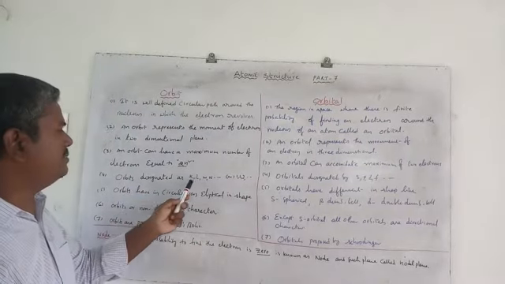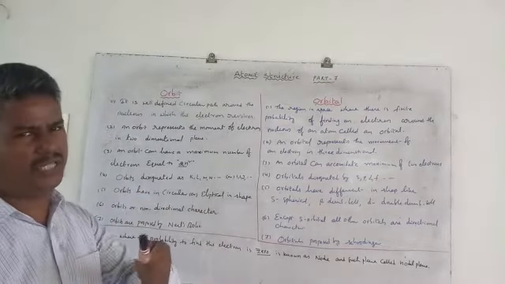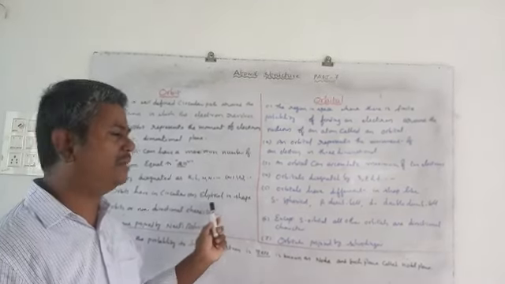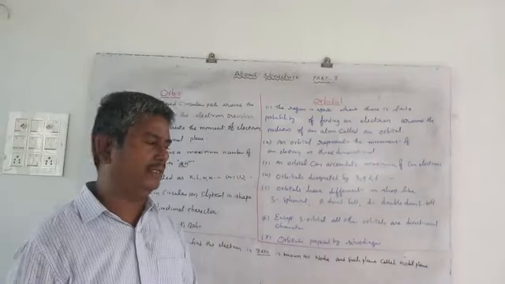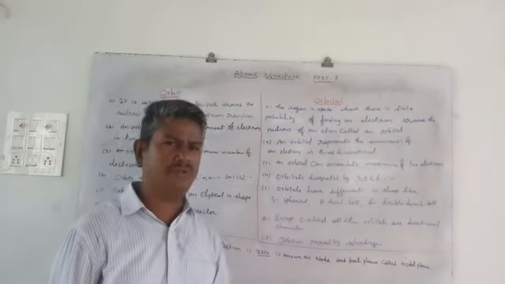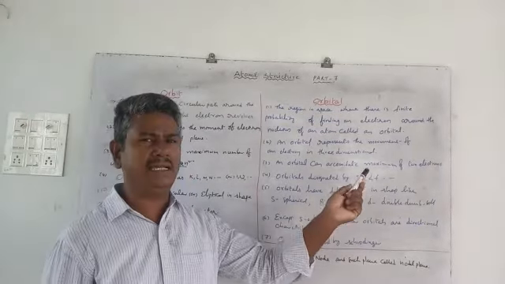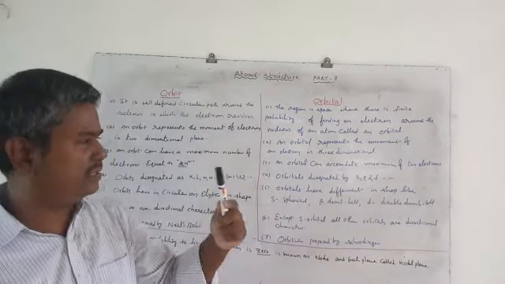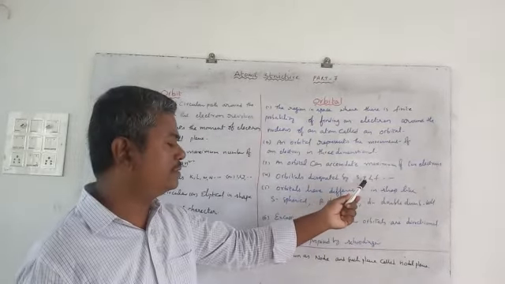Next one. Orbits are designated as K, L, M, N. That means the stationary shells are represented with K, L, M, N, equal to 1 to 3, like that. Whereas orbitals are designated by s, p, d, f, and these are terms from spectroscopy, which we have discussed in previous videos. S represents sharp, P represents the